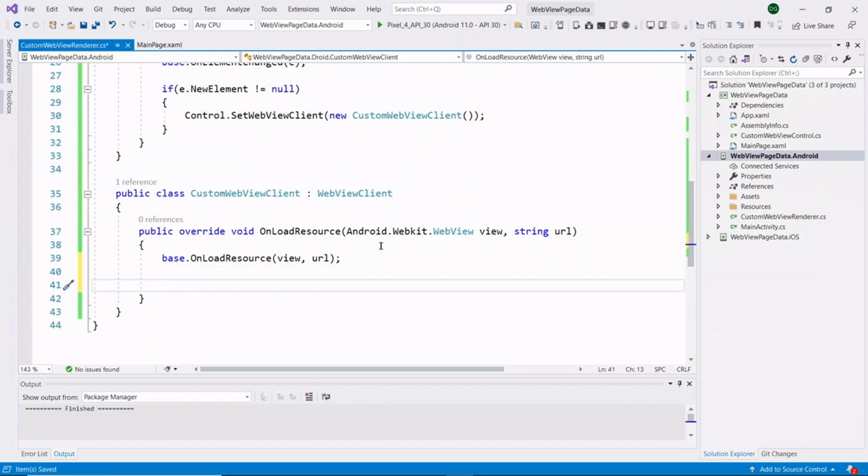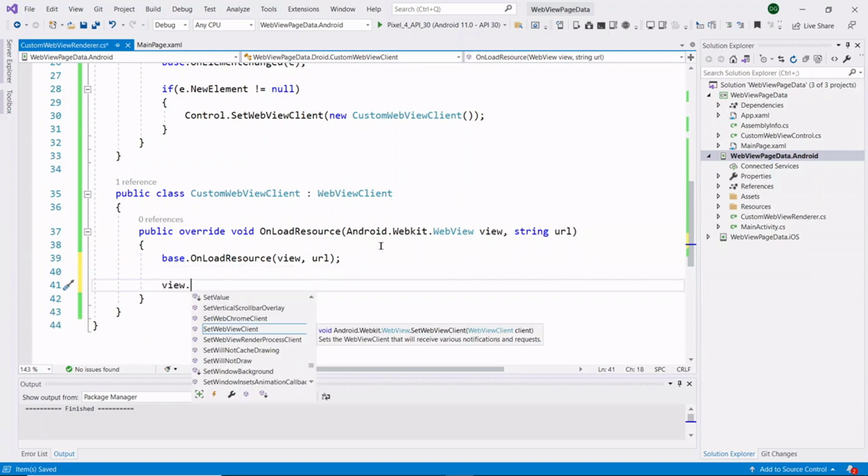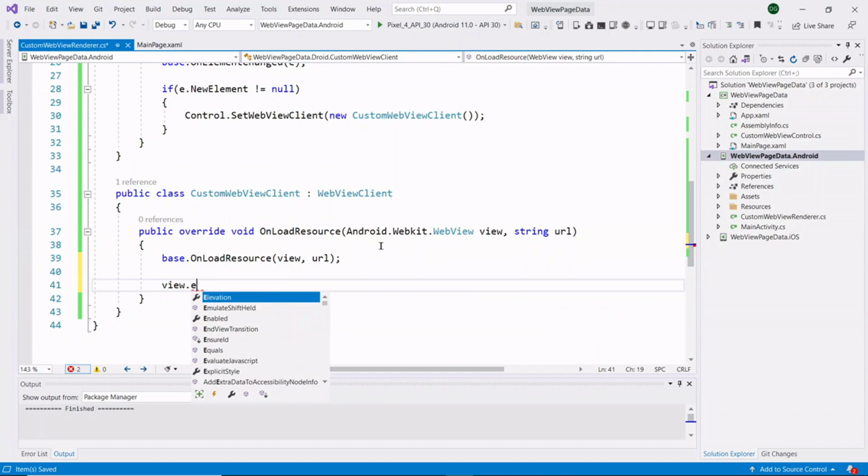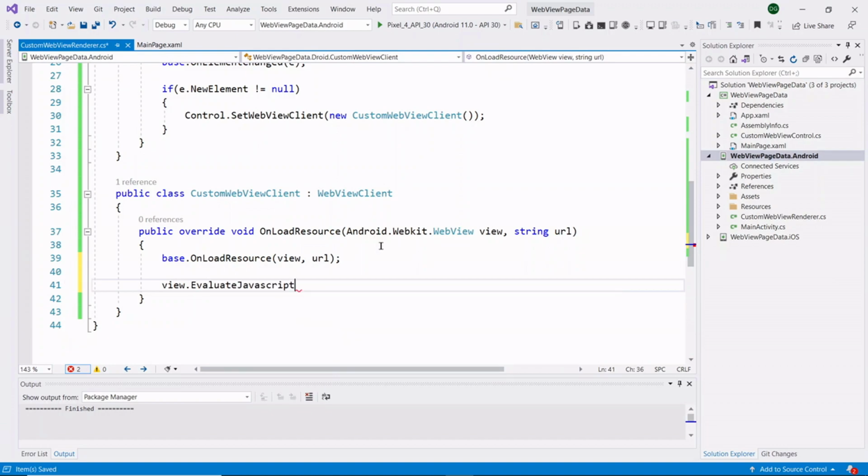So here I'm writing view.EvaluateJavascript. Inside this EvaluateJavascript method, we can write our script and callback method. With the help of this script, we can create communication between our application and the WebView page.